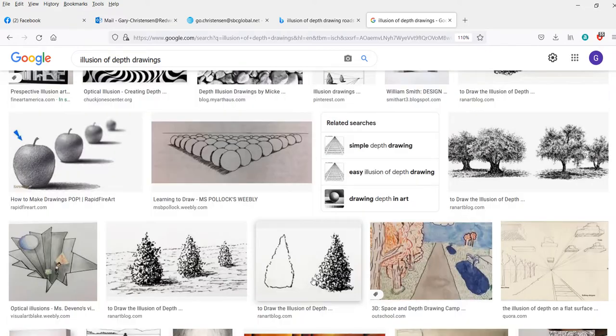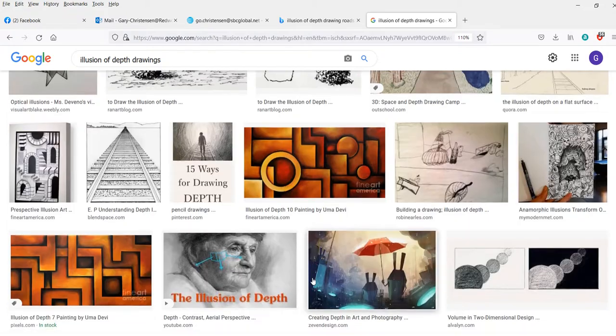It's an illusion of depth, because we're saying that they're all the same size. The same here,